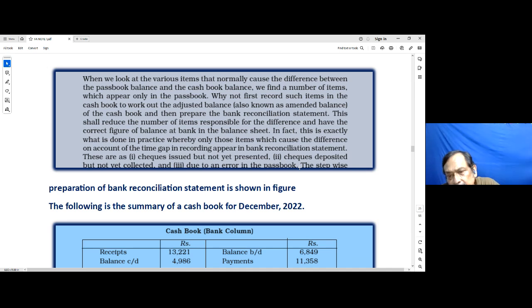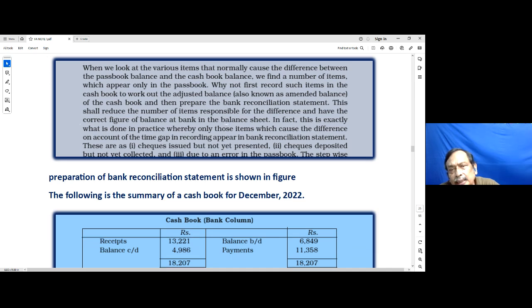The idea is, if there are certain errors in the cashbook, then first we are required to correct the cashbook by adjusting it and find out the adjusted balance, also known as the amended balance. That is the cashbook amended method, and then we go for the preparation of the bank reconciliation statement. This shall reduce the number of items responsible for the difference and give the correct figure of balance at bank